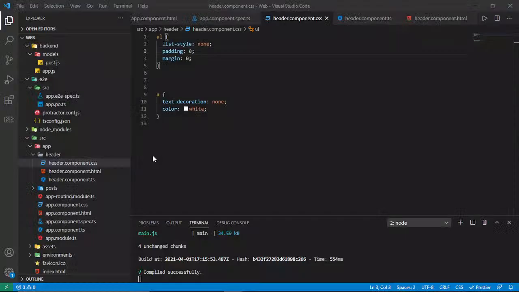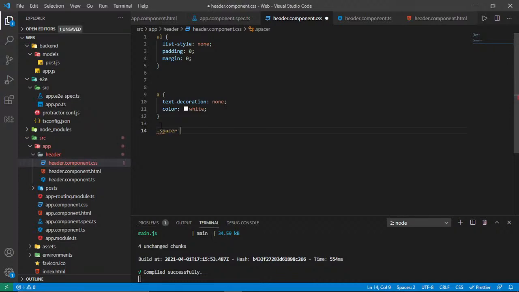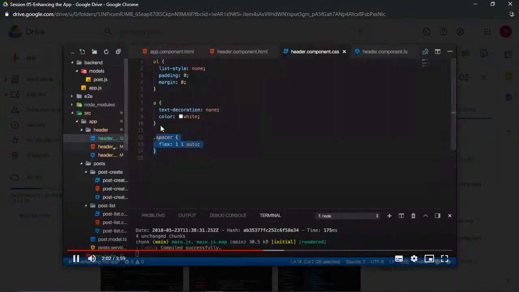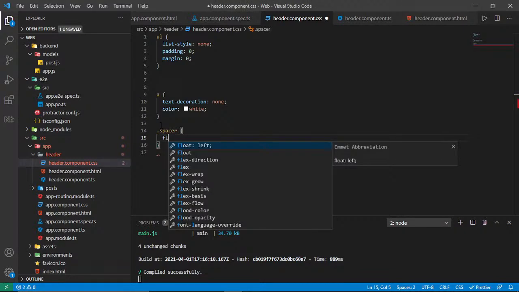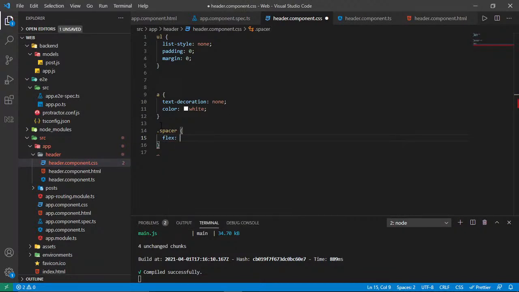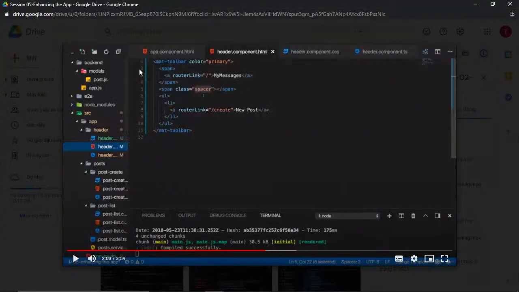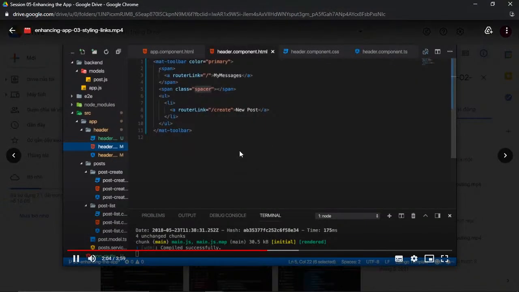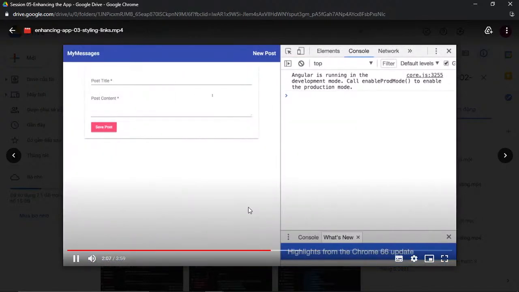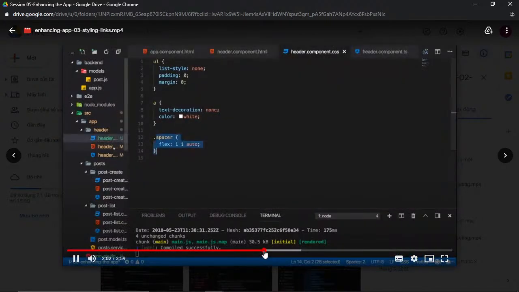And the style you should assign here is flex: 1 1 auto, because the toolbar uses flexbox by default, and this will actually make sure that the spacer element takes all the available remaining space between the other elements you got up there. And it therefore pushes element